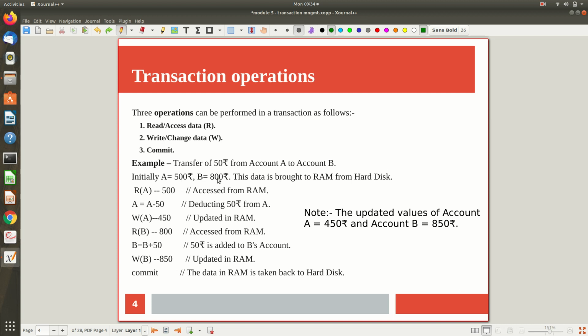So this is what should happen. When you want to do this modification, the data needed, like the current account balance of A as well as B, you have to fetch to main memory. Okay, so the normal program, by default, whenever you are writing it and saving it,